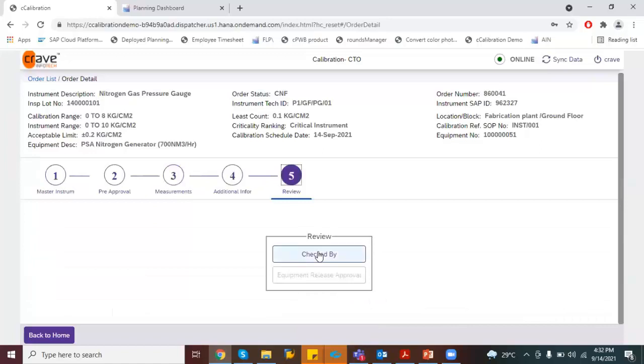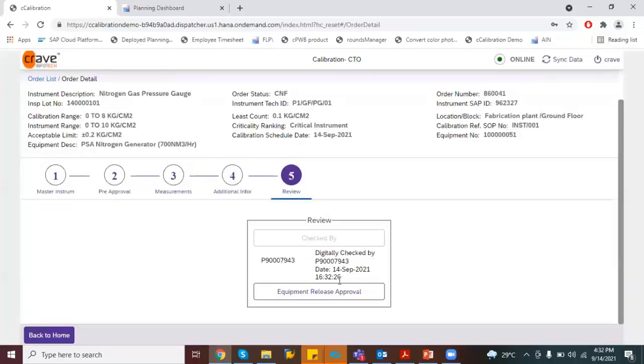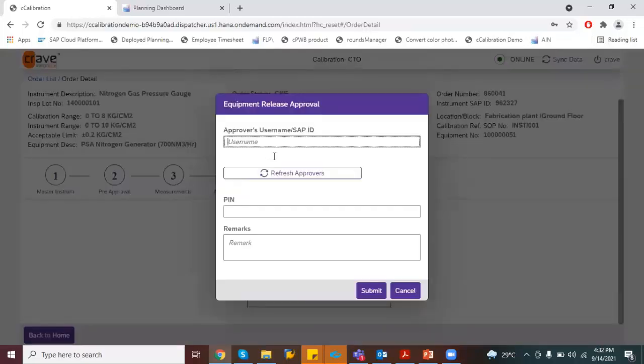It is based on SOPs. So if you click on check by, the person will enter his ID and submit it. Here also it will capture the date and timestamp. Then the final step will be the take-home. Here, the technician will hand over the instrument to the owner, the production person, and that owner will provide the approval again